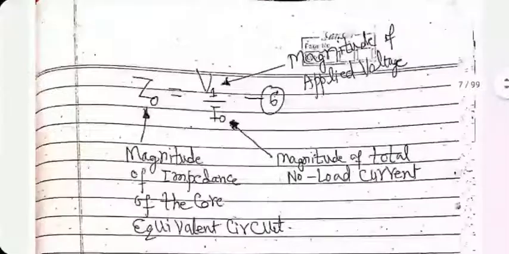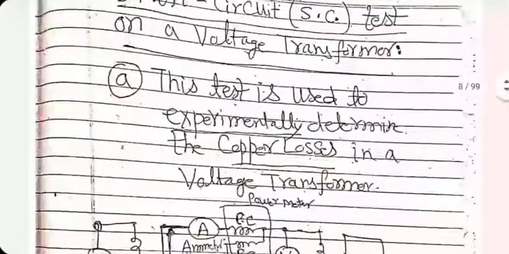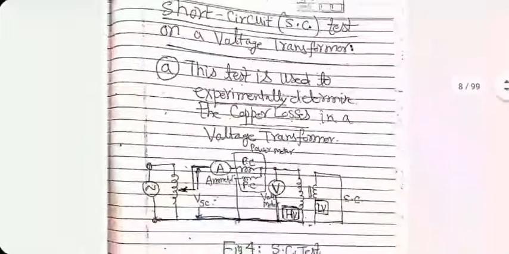Even if you don't remember all the equations, remember the basic purpose of the open circuit test. It is simply to figure out the iron losses or core loss. Now, the short circuit test is the complementary one, where we short circuit the low voltage side and apply AC input through an auto transformer to the HV side.